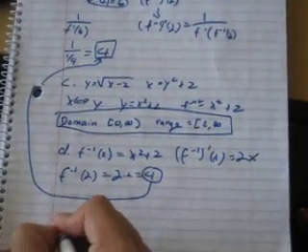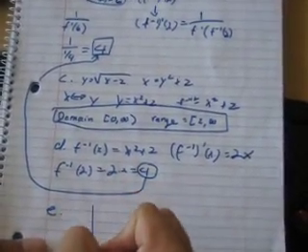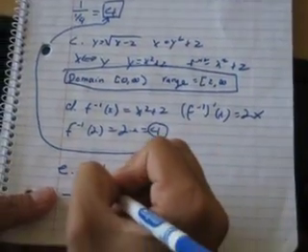And then E is the sketch of your graphs, and then we have from 2